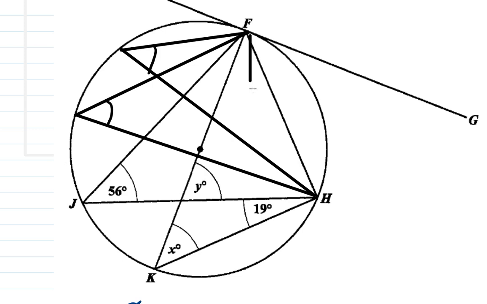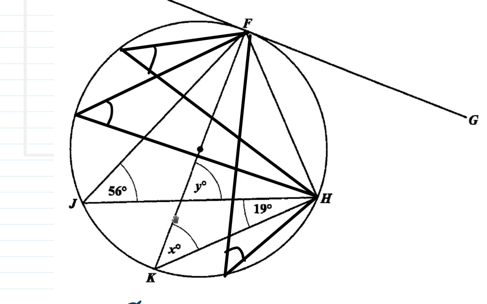If you also have this angle here, all of these angles are equal. Alright? Let's realize that these are equal. So therefore, based on that, x must be equal to